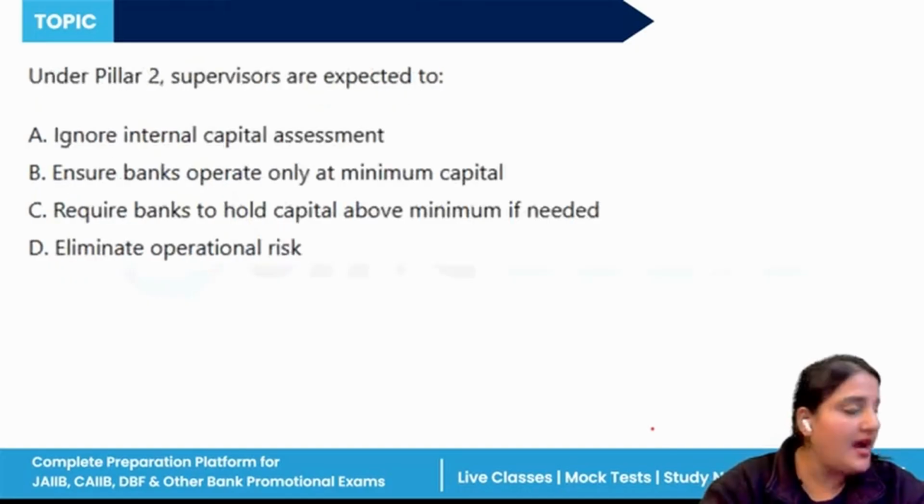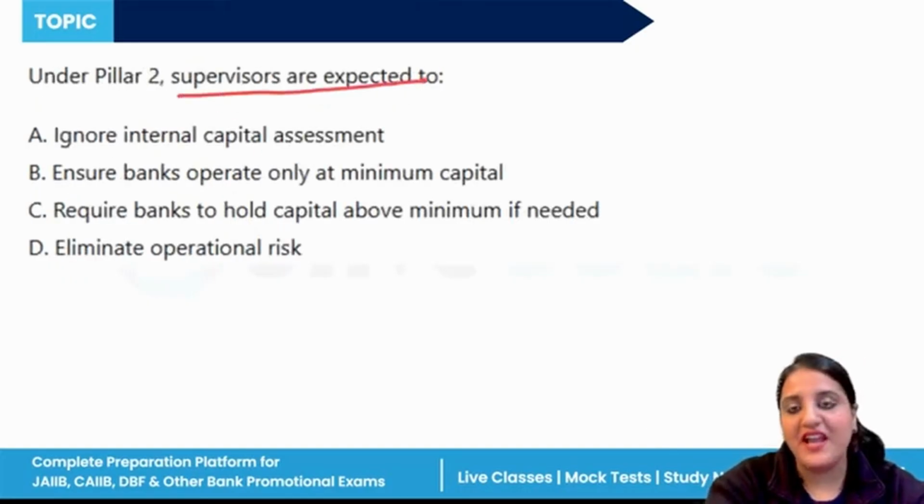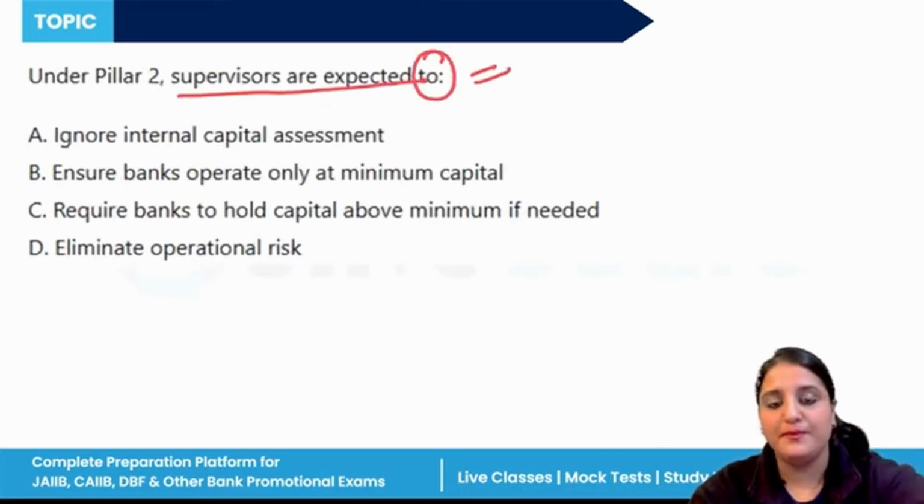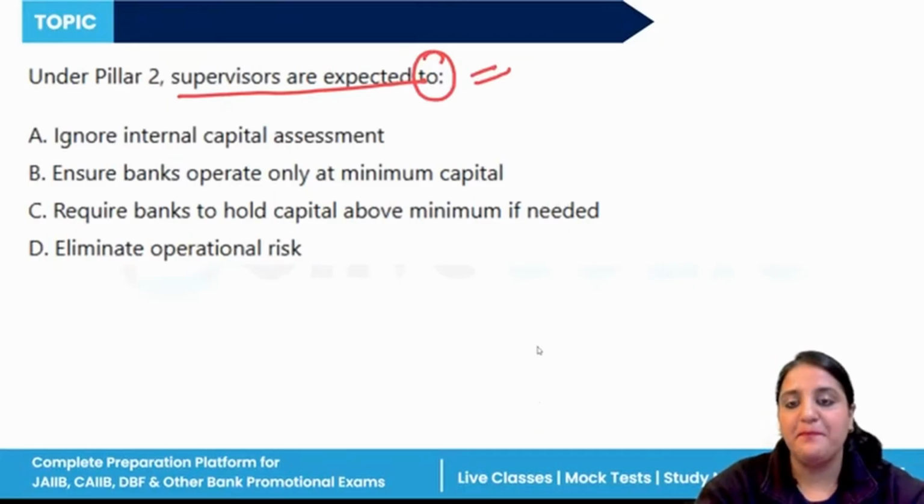Now, under the pillar 2, supervisors are expected to,